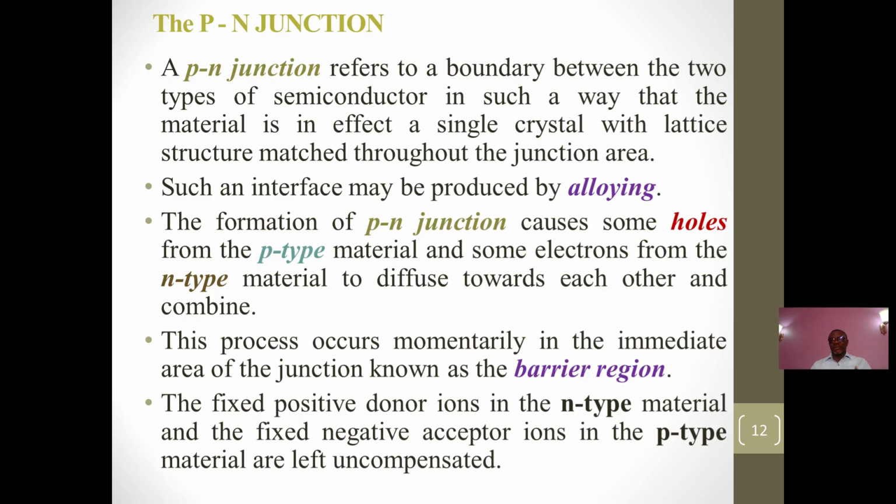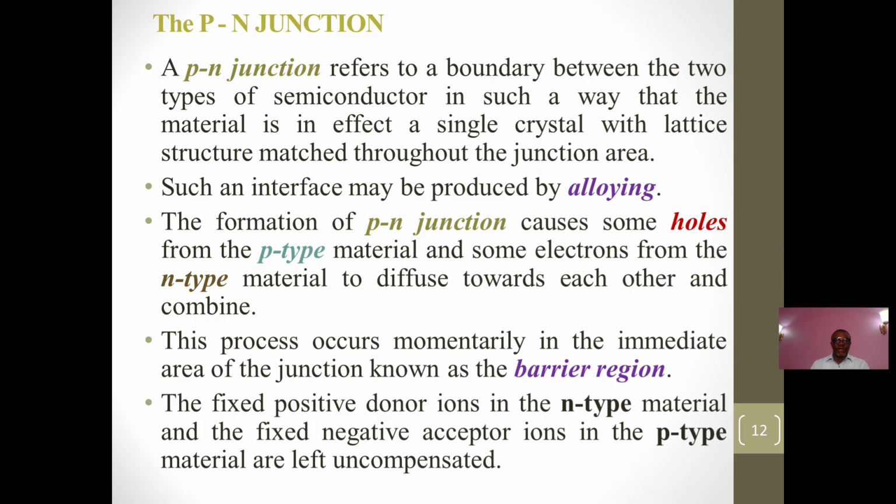See that extra hole in one and the extra electron in the other one will take up the vacancy or the spaces created. When this happens, you call the point where this p-type and the n-type material come together as the p and n